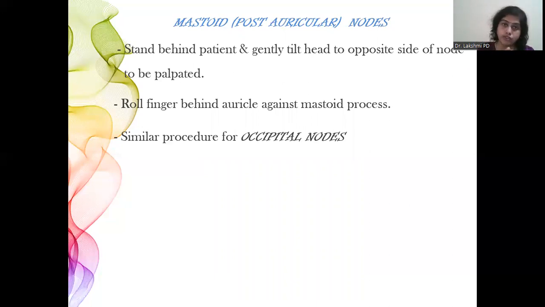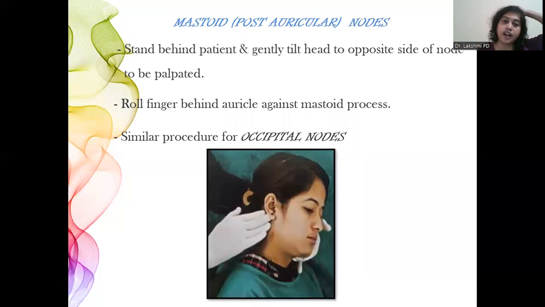Either you ask the patient to tilt or you can guide the patient's head by using the non-examining hand to gently tilt the patient's head to the opposite side to be palpated, and roll the fingers behind the auricle against the mastoid process. So all of you will know where your mastoid process is. You're supposed to be rolling the fingers behind the auricle against the mastoid in a rolling motion using the pad of your fingers. And this is exactly the similar procedure that you use for your occipital lymph nodes,